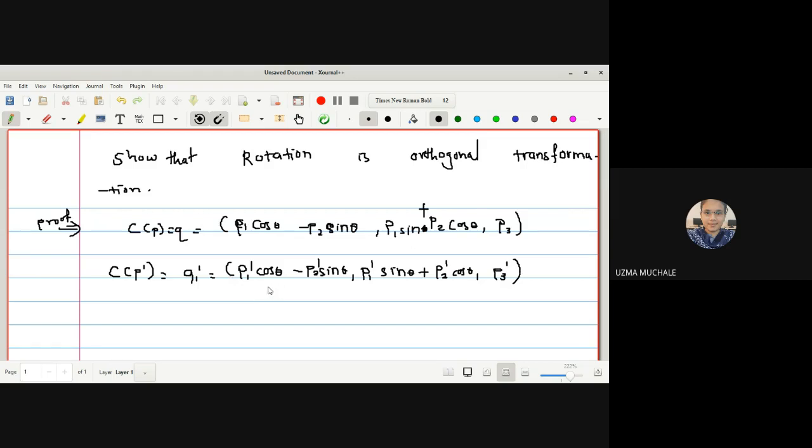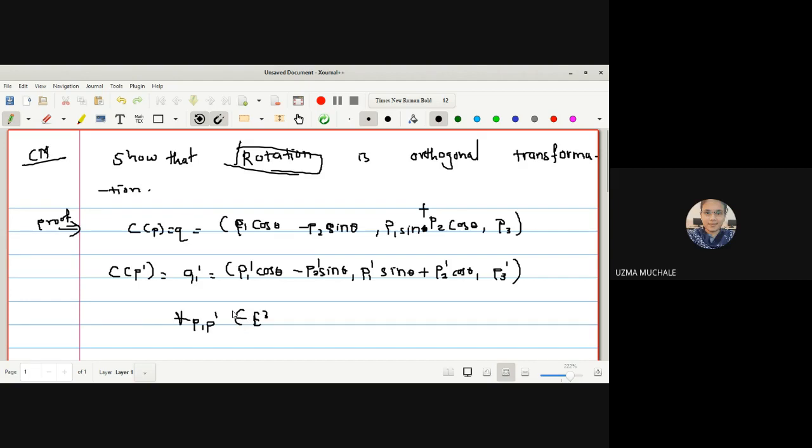What is our aim? We have been provided that C is a rotation, and our aim is to prove that it is an orthogonal transformation. Do you all remember how we showed rotation? We have done this in our classical mechanics paper also. A rotation matrix we find for every rotation. In this case, in differential geometry, we have performed a rotation about the z-axis, so that's why the z coordinates are the same. Do you all remember rotation? Yes, ma'am.